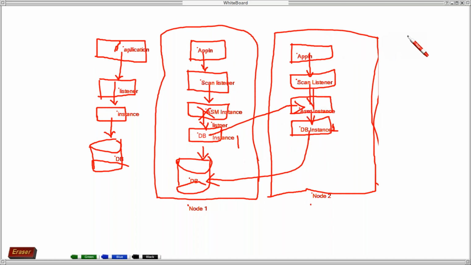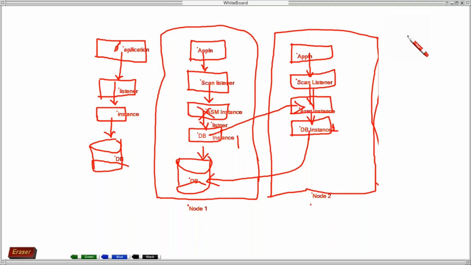This is an important interview question: what is Flex ASM, and what do you mean by Flex Cluster? Yesterday we saw hub nodes and leaf nodes. To increase scalability and reduce the workload of the hub nodes, which are tightly connected with the storage, we go for leaf nodes, which are loosely coupled and don't have the storage themselves. They cannot access the storage directly; they access it through the hub nodes only.